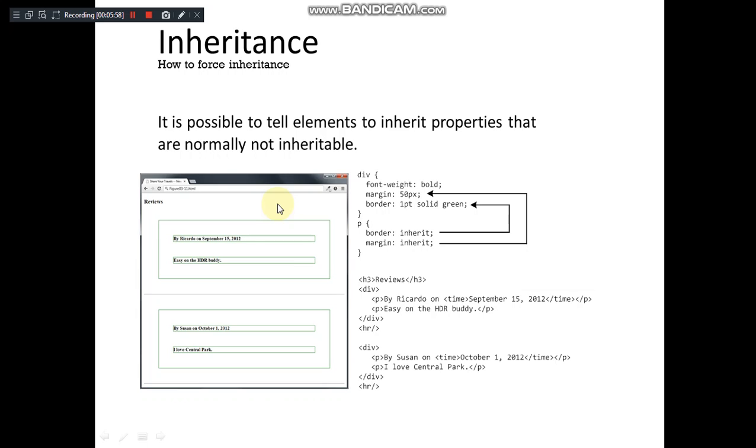of the HTML. So that's the reason when we set its border as one point, it is inherited by the paragraphs also, and you are able to see the borders for the different paragraphs as well. Okay, this is how you can enforce the inheritance, by means of specifying the value as inherit for that.